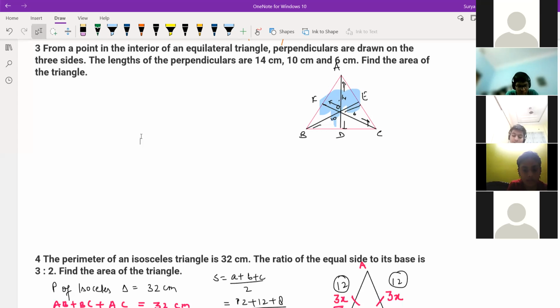How are you finding this, Vivek? Sir, I am separating it into equations. First I'm finding the area of triangles OAB, OBC, and OAC. So if you're taking OAB, you don't know the base, and you also don't know the height. How are you doing that? Keeping a variable, AB into OP, like that. But both you don't know. Height you don't know, and the base you also don't know, correct?